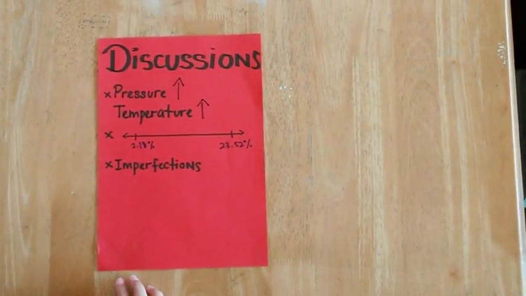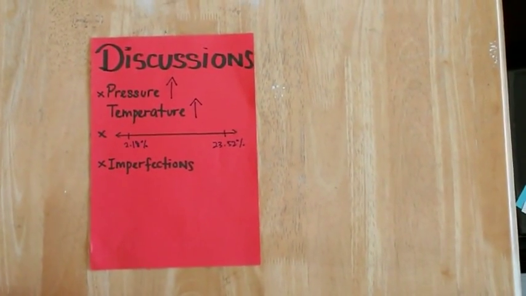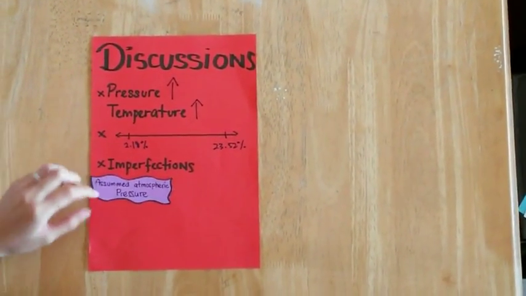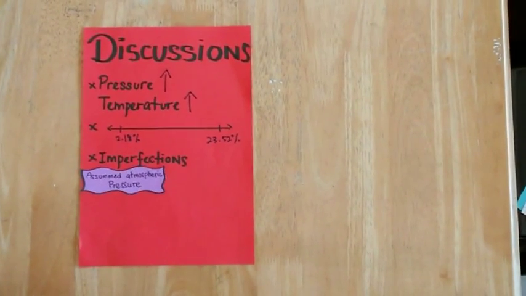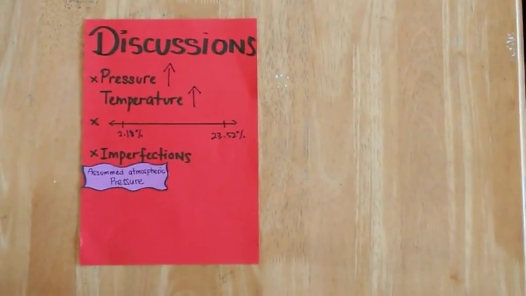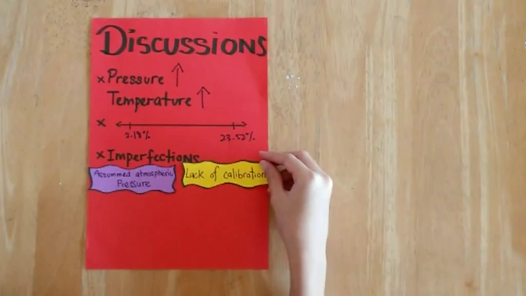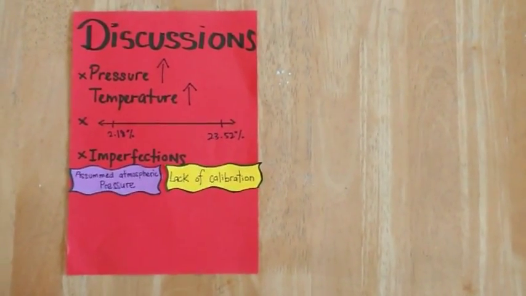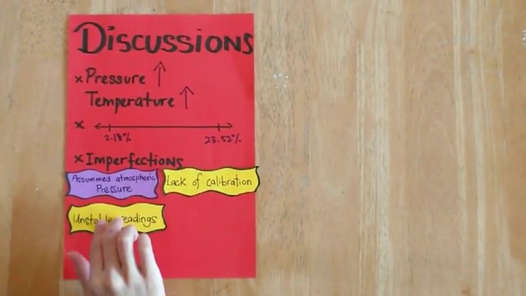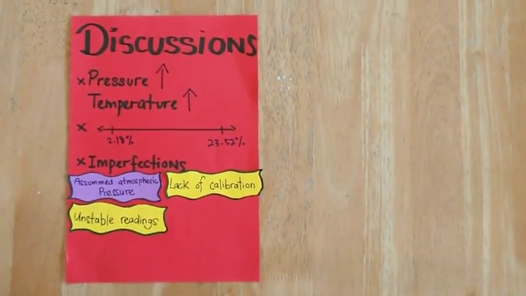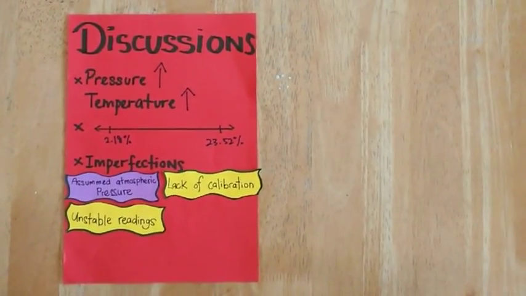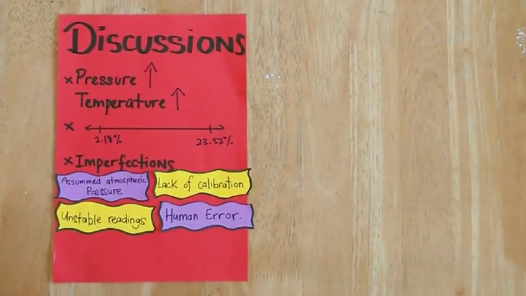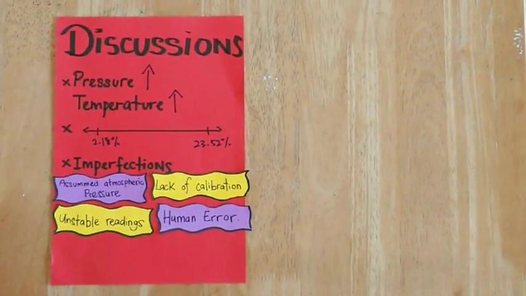Firstly, there was no measuring equipment present in order to obtain accurate atmospheric pressure. Therefore, an assumed atmospheric pressure in kilopascals was added to the gauge pressure to obtain the absolute pressure. Moreover, the boiler lacked calibration as it was not calibrated before the experiment began. In addition, unstable readings were obtained as the temperature was still changing during visual judgment, as energy is continuously flowing. Besides that, there was also human error, as visual judgment, which is an inaccurate method, was used to record the